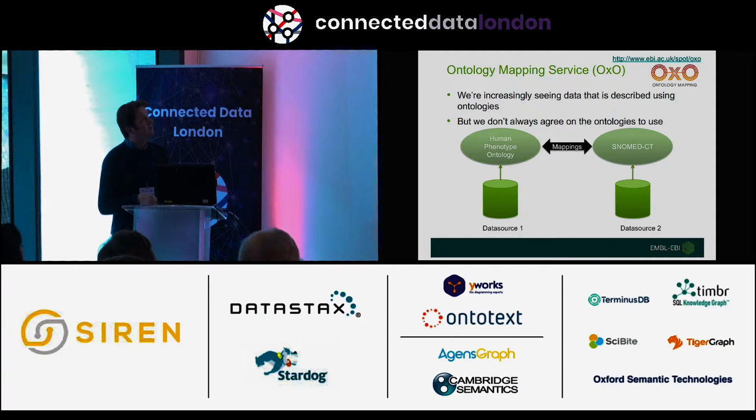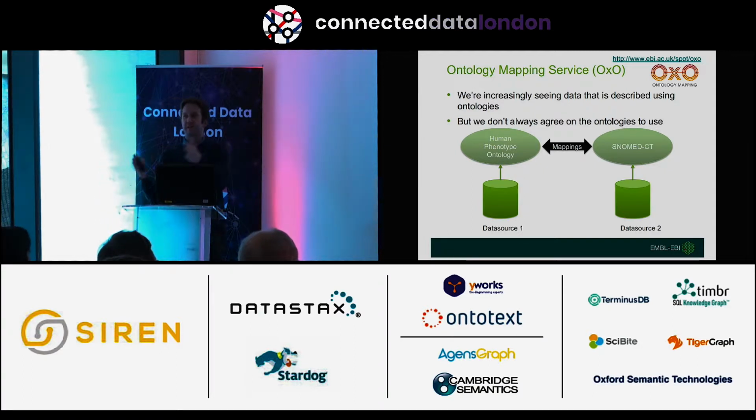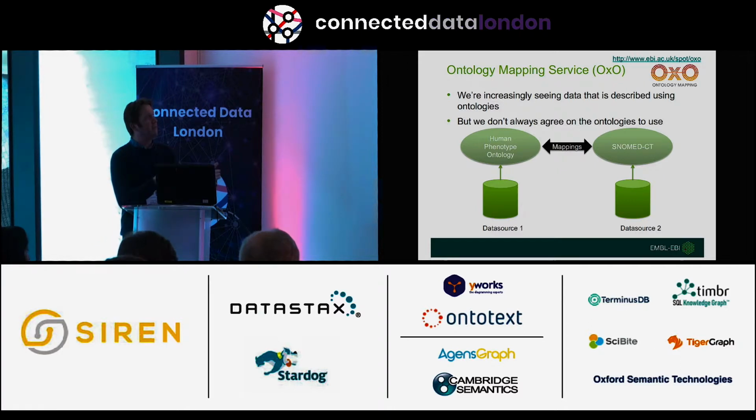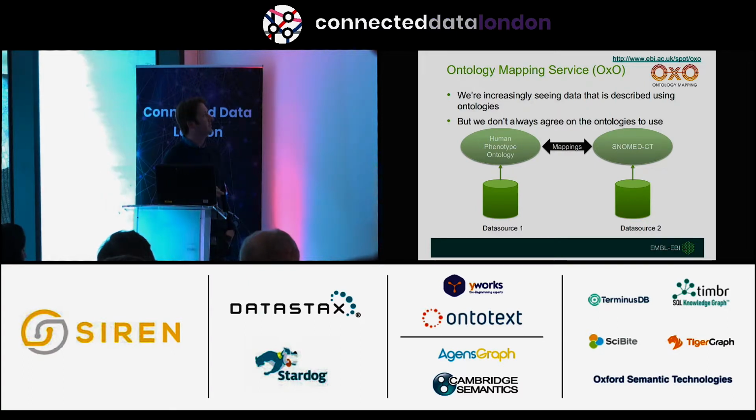So then Zooma is going from strings to concepts, and then we've got this kind of problem again that sometimes you can map to a particular ontology, but it's not the right one. It's not the one that you want. So we have one data source here, and they're using SNOMED as a clinical terminology, and we've got another data source at the EBI that are using concepts from the Human Phenotype Ontology, and we have to find ways to map between these ontologies. So mappings are complicated.